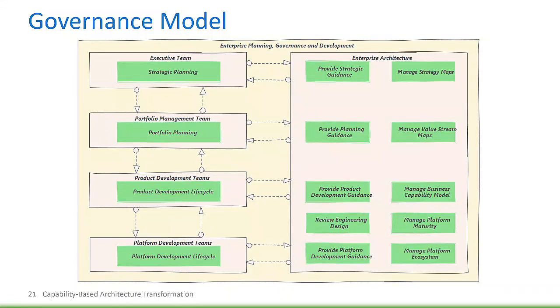So, for example, in strategic planning, enterprise architecture, particularly because of all this information that the enterprise architecture and business architecture community captures, has a great opportunity to provide guidance to the executive team when they're putting together their strategic plans, and doing that predominantly through what are called strategy maps from the Business Architecture Guild. We also can provide planning guidance to people that are identifying the initiatives when they're doing portfolio planning,